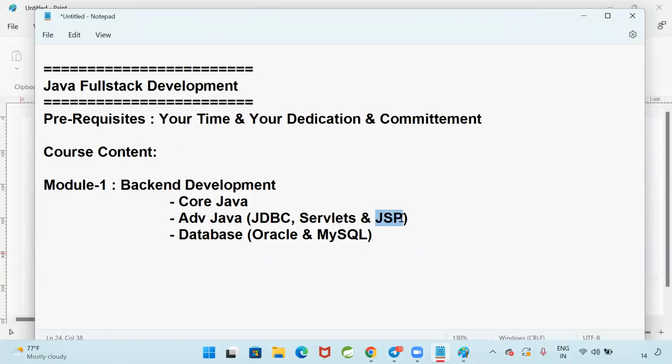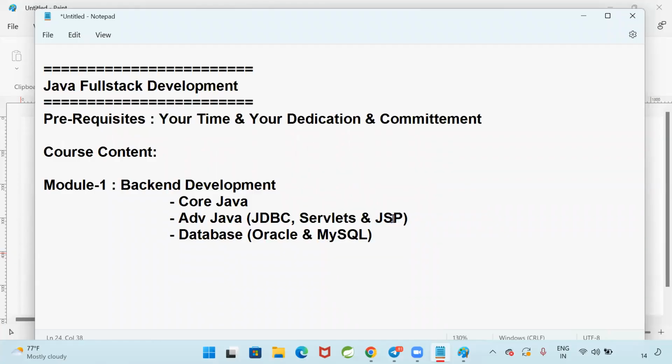Next one, JSP is available. JSP, I can say, is outdated in the market. Do we need to spend much time on JSP? Not required. First of all, what is this JSP? JSP is used to develop the front end of the application, the user interface. When you open Facebook, a login button will be available. Enter your email ID, enter your password, click on this link to register. That is called the user interface. To develop that user interface, we use JSP.